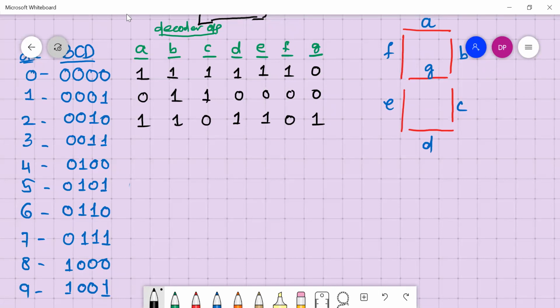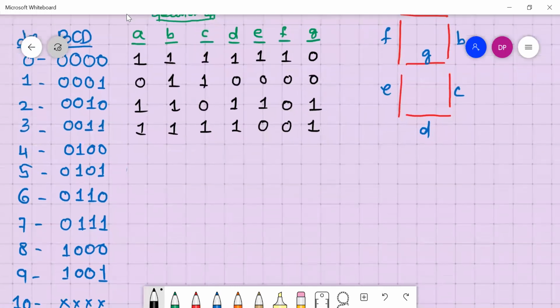Now for 3, compared to 2, everything will be the same except E and C. E should stop glowing and C should glow, so E and C values will be interchanged. So C also should glow, D should glow, E should not glow, and F should not glow.